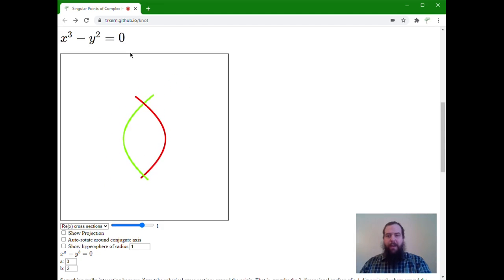this axis up and down here is the imaginary part of x, and then once we know the real and imaginary parts of x, we actually know what y is up to a second root of unity, up to a plus or minus. And so what we see is that once we know what the imaginary part of x is, once we have both things for x, the possibilities for y are going to be located